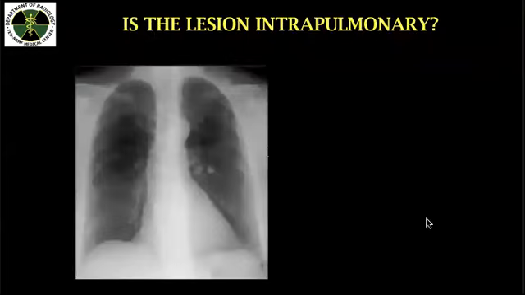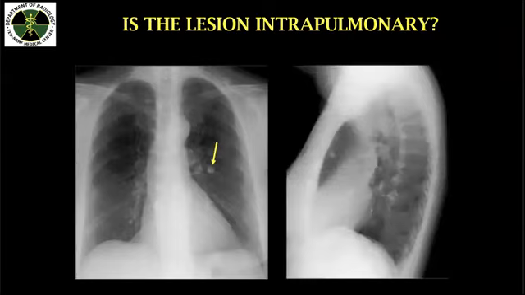When we say, is the lesion intrapulmonary, is it seen within the lung parenchyma or outside the lung parenchyma, or extrathoracic? In this case, you will appreciate that the lesion is seen intrapulmonary. And in order to confirm the diagnosis, you need to do another view, which is your lateral view. It is seen at the left lower lung, and you need to categorize if it's within or outside the pulmonary or lung parenchyma. As in this image, it's seen at the anterior mediastinum.